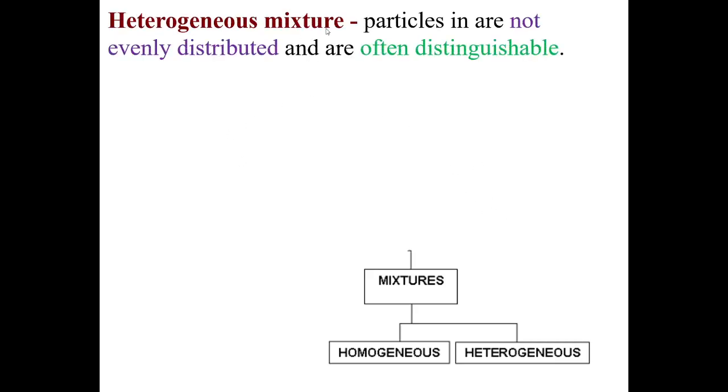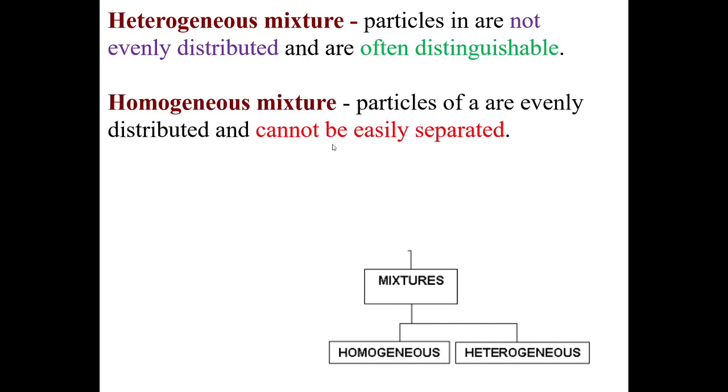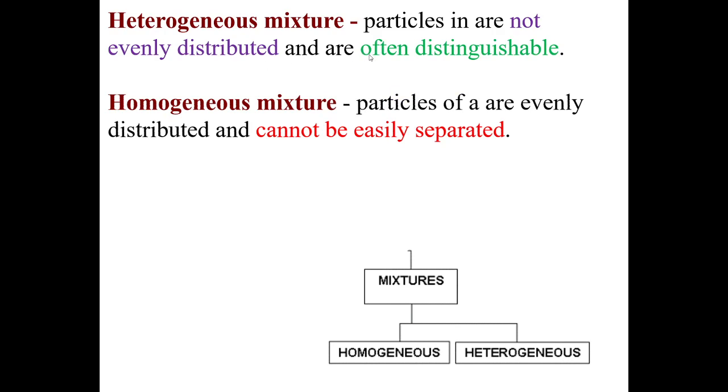So a heterogeneous mixture: particles are not evenly distributed, often distinguishable. You guys have seen this all before. A homogeneous mixture: particles are evenly distributed and cannot be easily separated. And quickly, the examples there that we've gone over would be something like